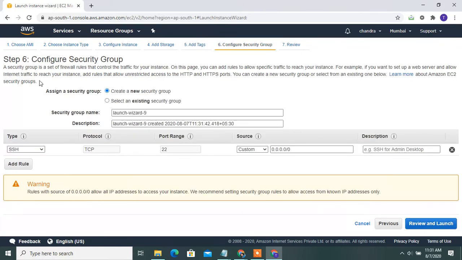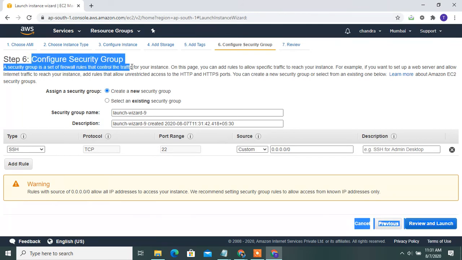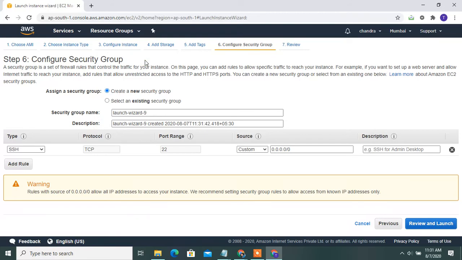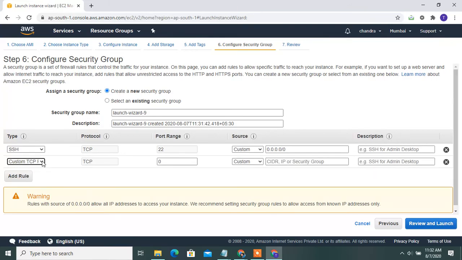Next step, step 6, is configure security groups. When you install any security groups, you set the instance traffic, inbound roles and outbound roles. Once you add the security groups, you can add the TCP/IP ports also. Then select here and give any port you want to access.